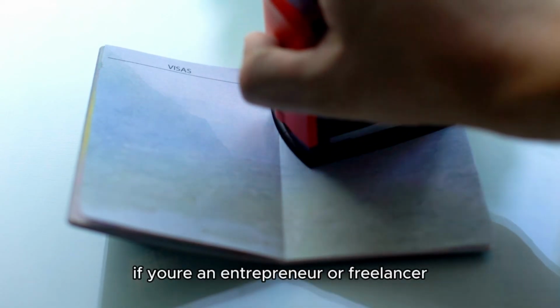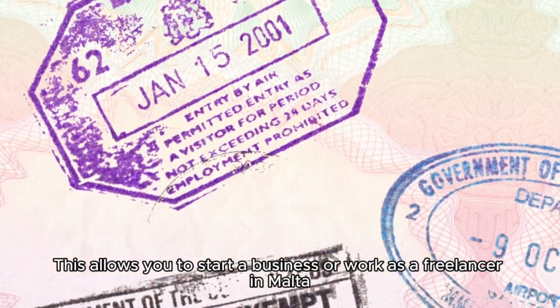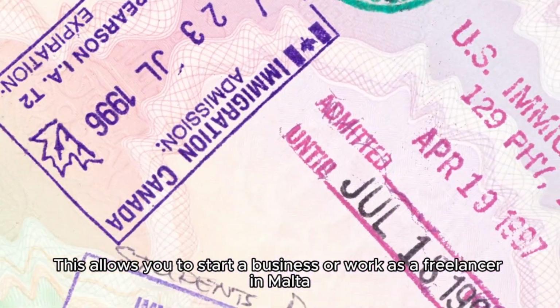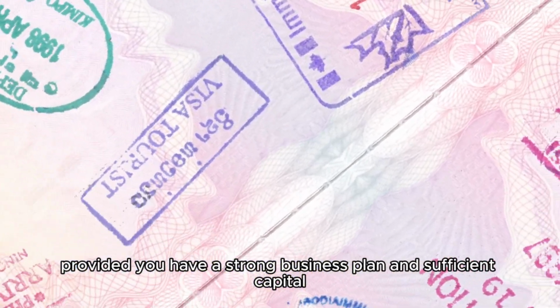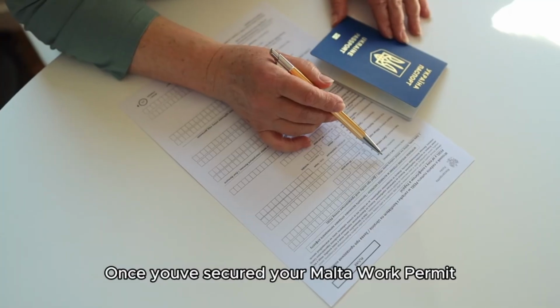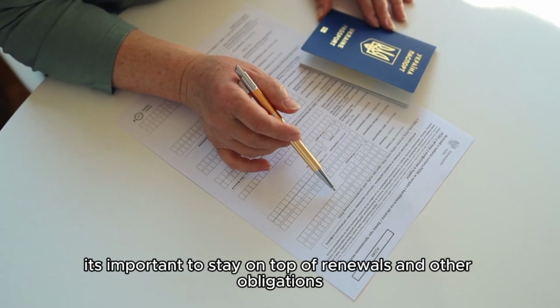Lastly, if you're an entrepreneur or freelancer, you can apply for a self-employment visa. This allows you to start a business or work as a freelancer in Malta, provided you have a strong business plan and sufficient capital. Once you've secured your Malta work permit, it's important to stay on top of renewals and